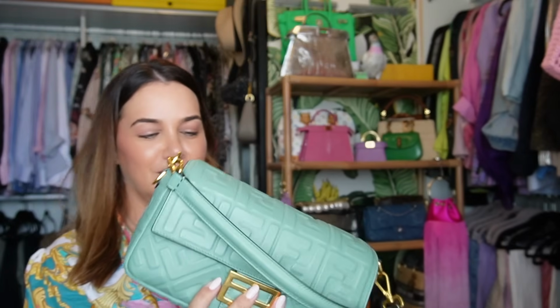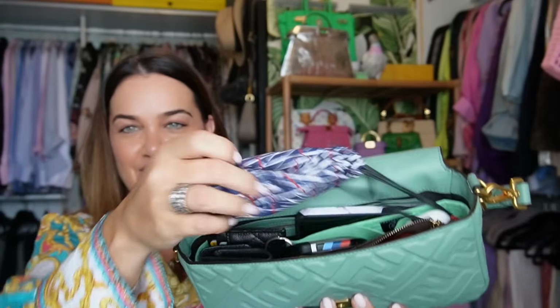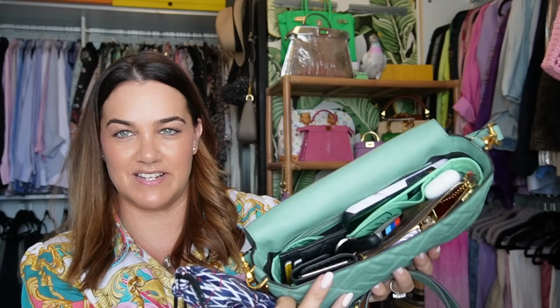No problems at all. I haven't put them in with any care whatsoever, but you can see everything's pretty easily accessible. So they are a great bag in terms of capacity as well. I just think that the Peekaboo is